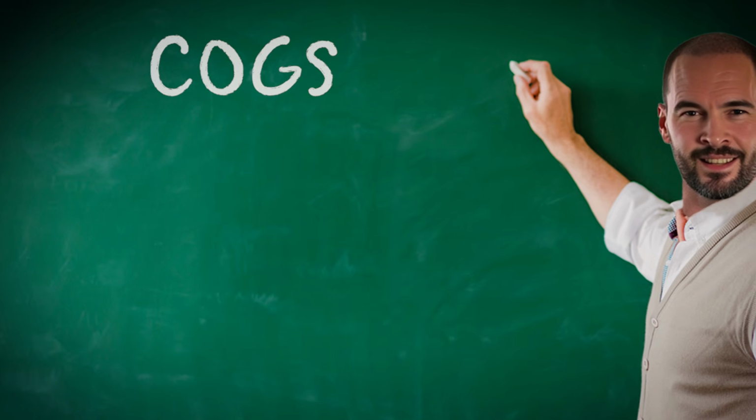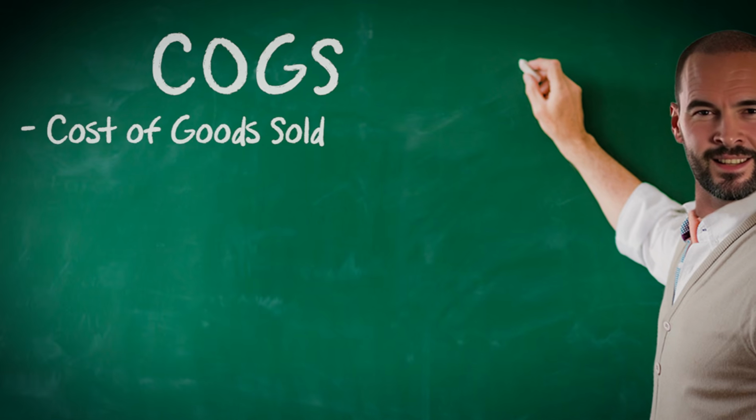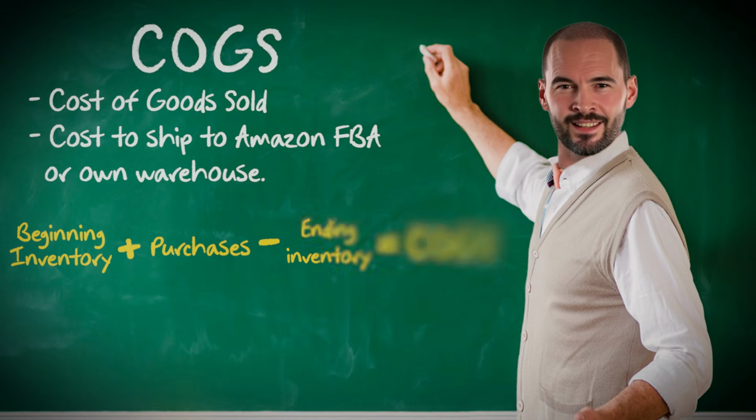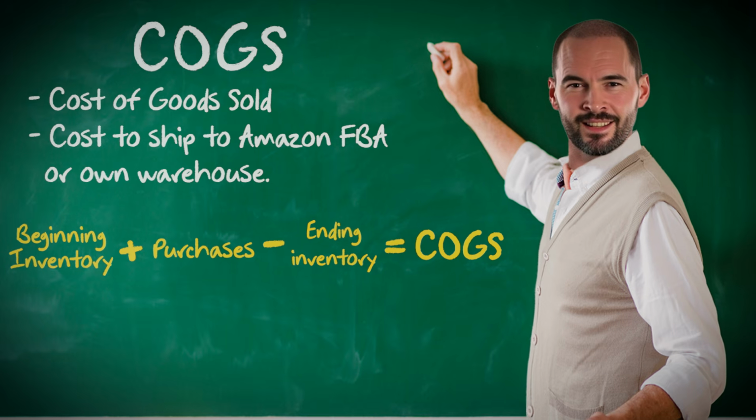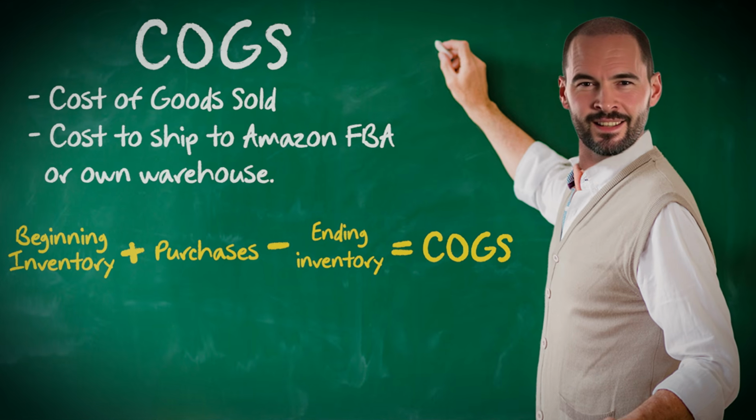The other thing that we're going to ask right now, if you can establish it, that's going to give Rochelle a really valuable tool for you, is your COGS, your cost of goods sold. How much is it costing you to get product to Amazon FBA or to your own warehouse if you're shipping FBM? And then she can come up with a pricing strategy that's either breaking even or profitable, whatever the goal is for that particular listing. And then she's not making recommendations that don't make sense for your costs.